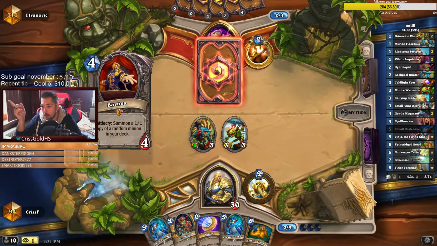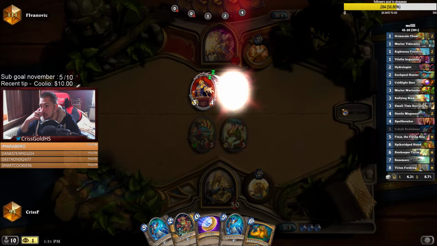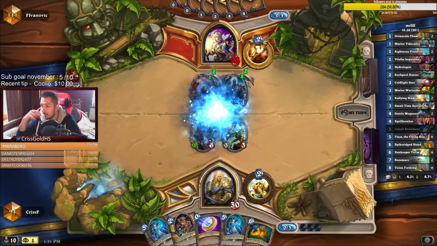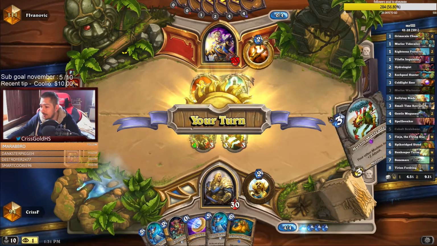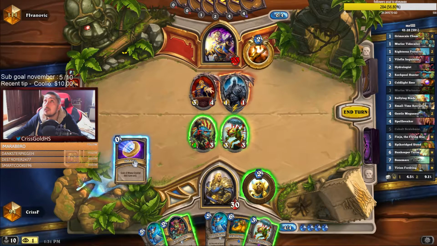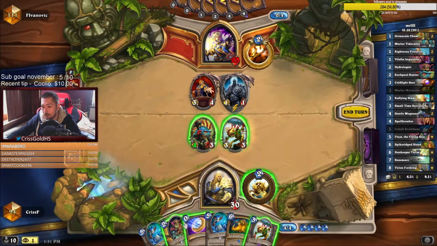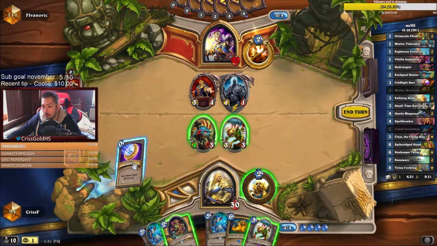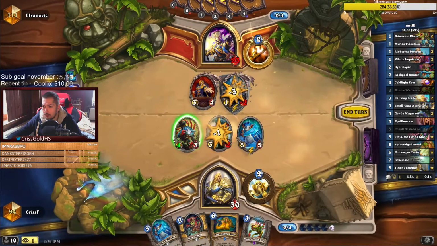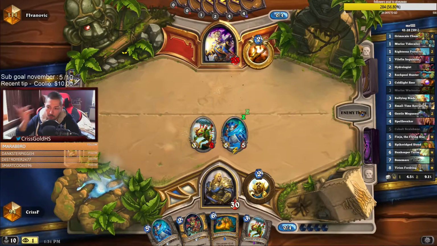He doesn't have Shadow Word. Oh my god. I was kinda hoping he's... Is there any point to play the Hydrologist for a secret? Well, you can imagine this is a bad matchup since he had the Barnes on 4. But if he wouldn't have had that,